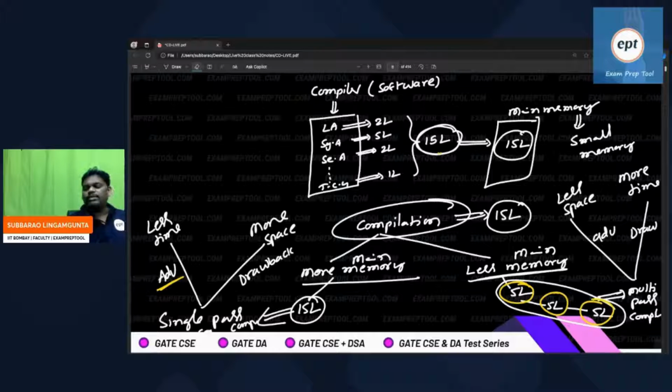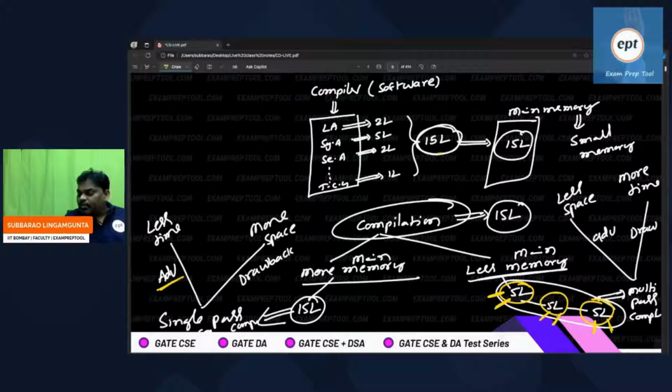So please try to understand. If you do total compilation in multiple passes, that is a multi-pass compiler. First of all, why are you doing it in multiple passes? Main memory is less, it cannot accommodate the total code. So I am doing 5 lakh lines first, next 5 lakh, next 5 lakh, and so on. In the first 5 lakh, maybe lexical and syntax. In the next 5 lakh, maybe semantic and intermediate code. In the next 5 lakh, maybe code optimization and target code.